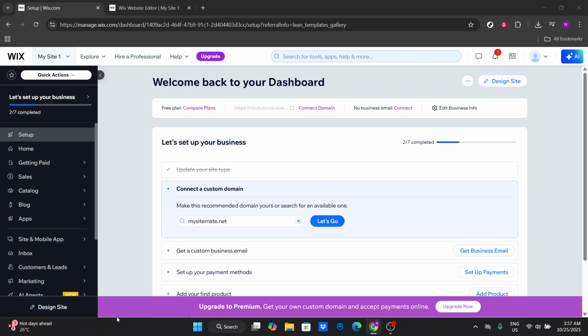First, you'll want to head over to Wix.com. If you haven't logged in yet, go ahead and do so. You'll need to have access to your site's dashboard to follow along with this tutorial. Once you're logged in, click on the Design Site option from your dashboard. This will take you to the main design area where you can make several modifications to the look and feel